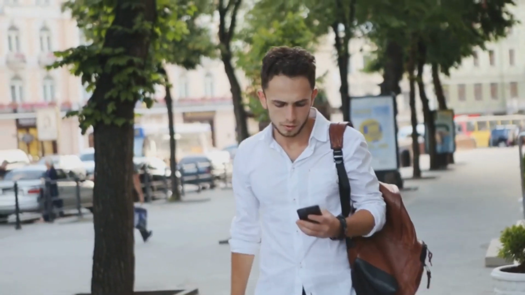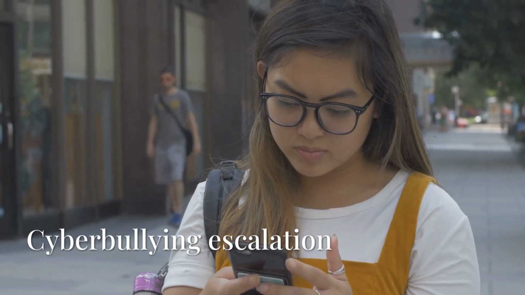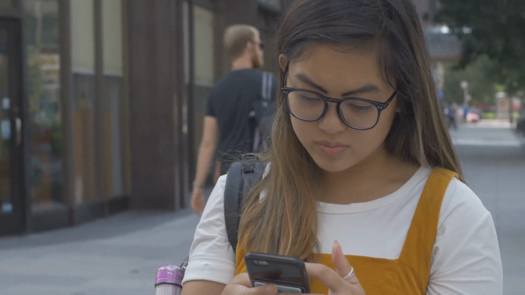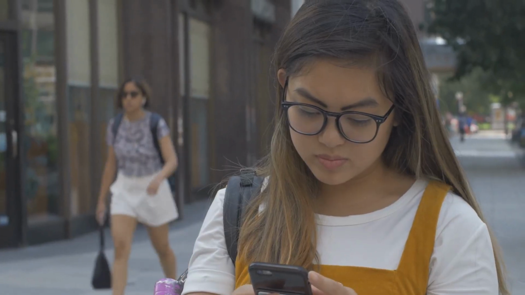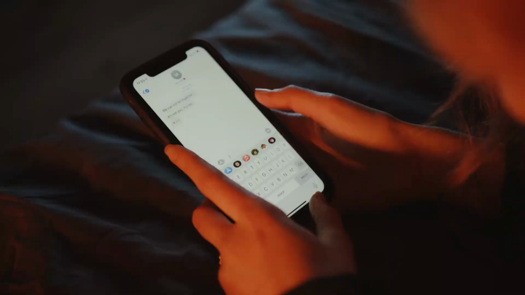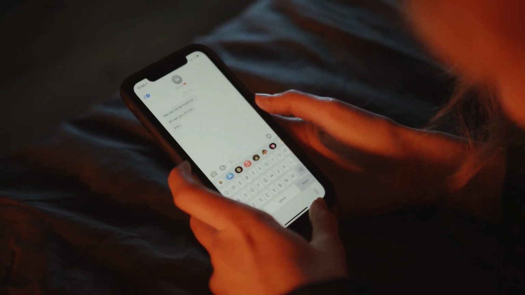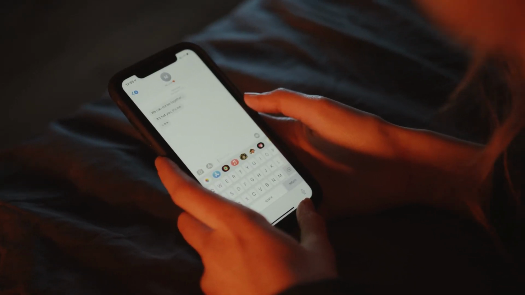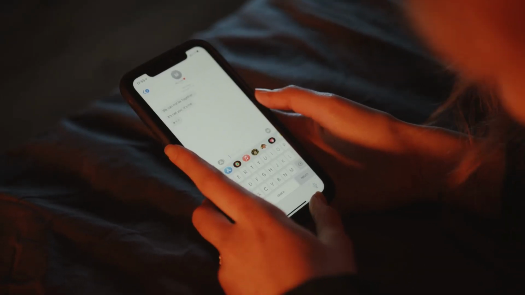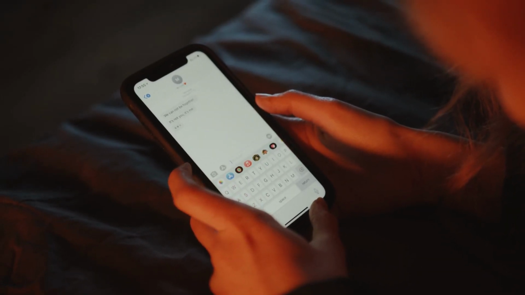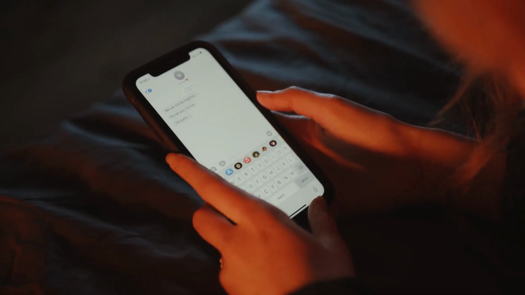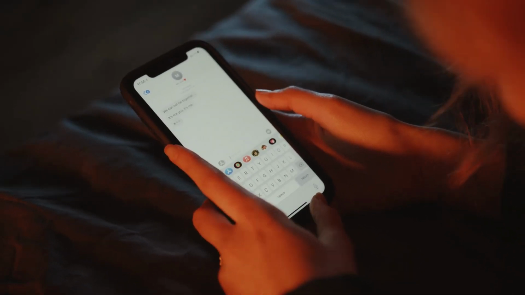Let's look at what this could actually look like. The first scenario we have in mind is cyberbullying escalation. A learner observes a group chat where the tone shifts, subtle at first, then increasingly targeted. Their role is not just to notice it, but to decide, when does this become harm? And what action is appropriate? This reinforces the ability to intervene early in escalating situations before they result in measurable psychological or team-based harm.